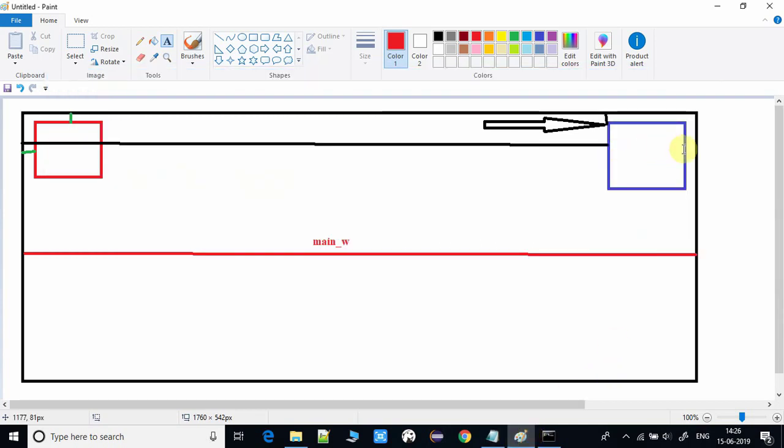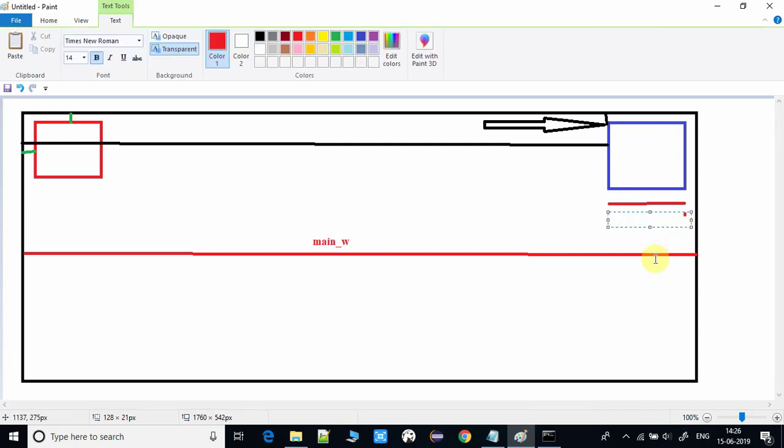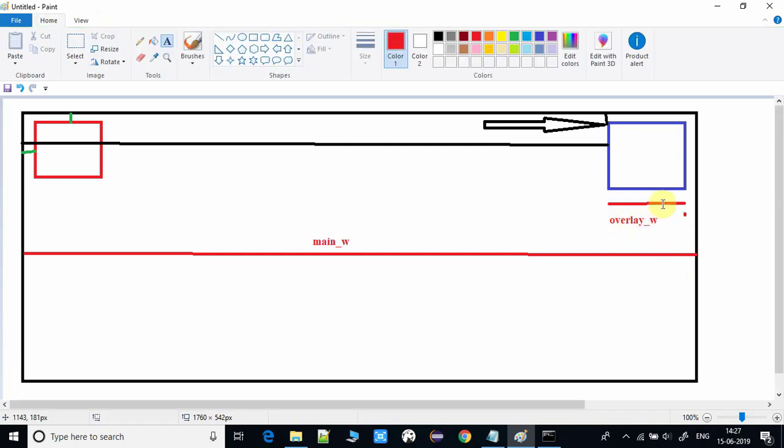Okay, that means we are placing image here, that means the width of the image is this is the width, overlay underscore W. So this is giving the width of the overlay, and plus 10 means from the right corner we are leaving 10 pixel.